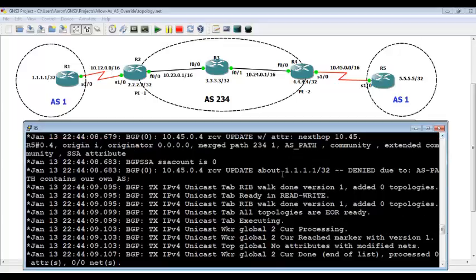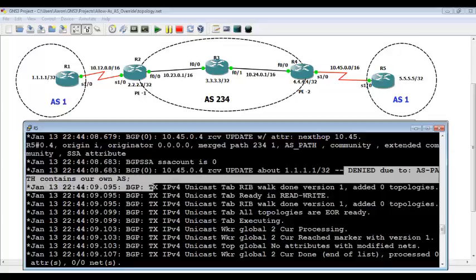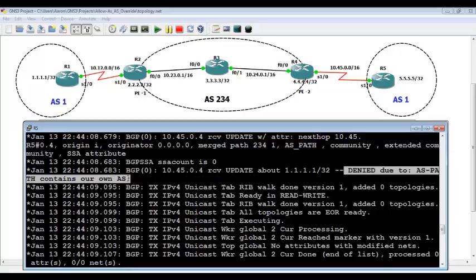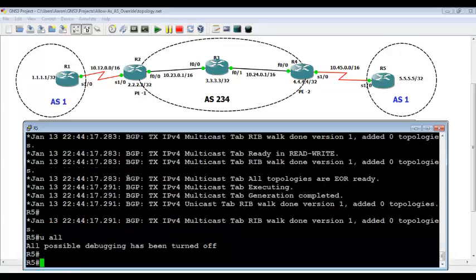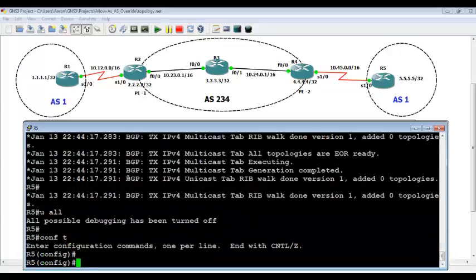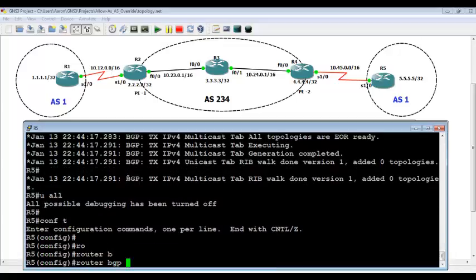Denied. Look at this. Update is received from 10.45.4. What is the update? Update is about 1.1.1.1. Denied due to AS path containing its own AS. It's very clear. So what we will do is we'll go to router 5 and say router BGP 1